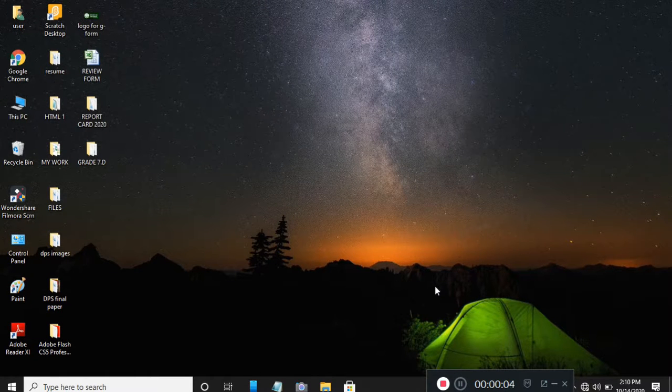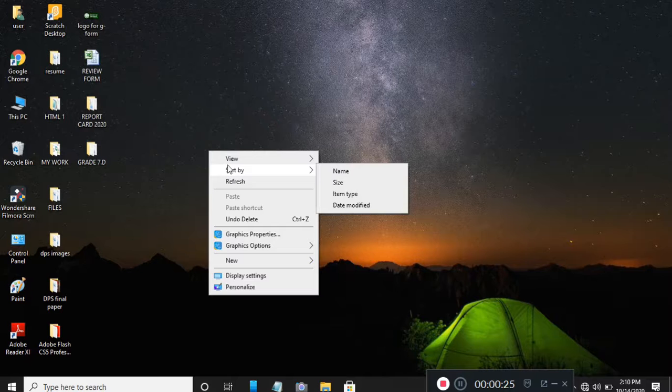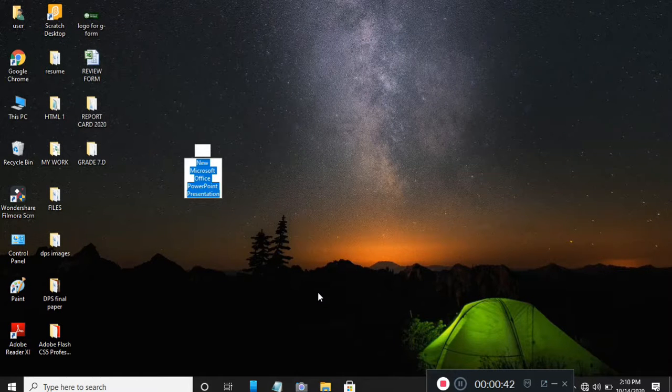Now, to create a PowerPoint presentation file, the first step will be to launch the PowerPoint program. For launching or opening the PowerPoint program, we have to right click on the mouse button, and you will see here a new option in the dialog box. When you click over the new button, you can see another dialog box will appear, that is Microsoft PowerPoint presentation, and we are going to click over this so that we can get one new blank